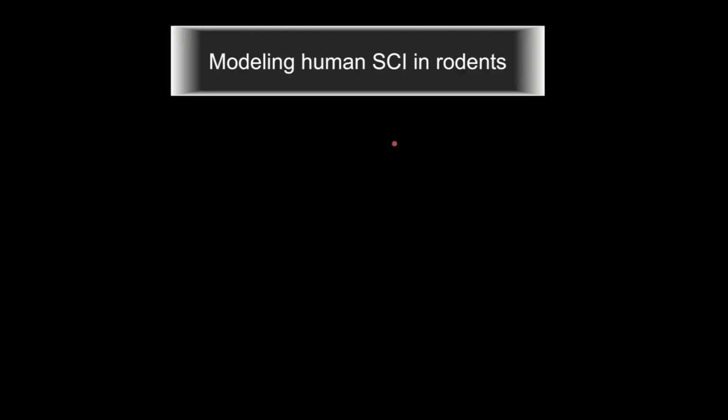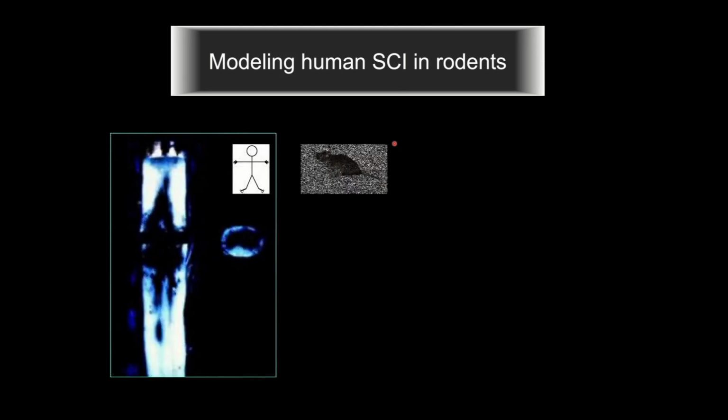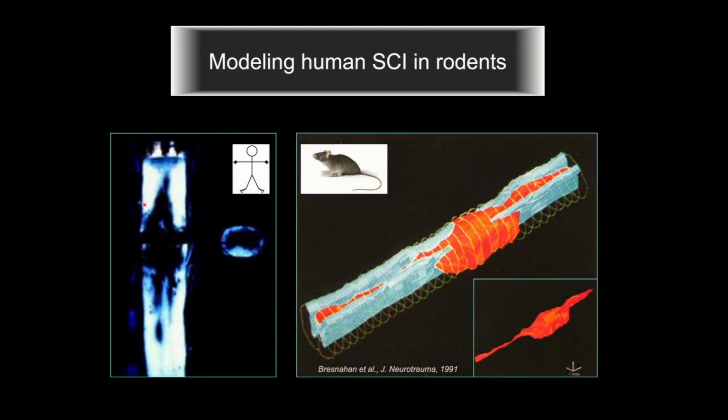So when I started my laboratory, I used rodent models of human spinal cord injury that mimic this contusion-type injury. Here's the injured contused human spinal cord, and here's what it looks like when we do a comparable spinal contusion in rats or mice. We use a computer-controlled impact probe to produce a quantifiable level of injury, mild, moderate, or severe, at the impact site that we choose. This leads to the central region of hemorrhagic necrosis, shown here in this blown-out 3D image, and then some lesion extensions, both rostrally and caudally, in the spinal cord. So our rodent models very nicely mimic the contusion-type injury that happens in the majority of human spinal cord injuries.